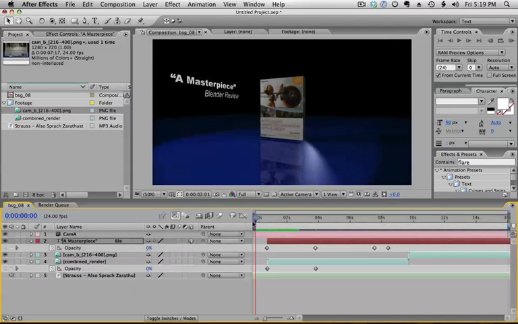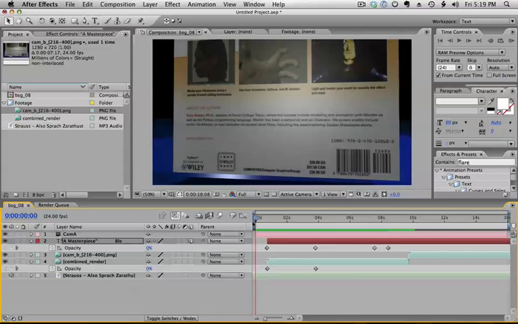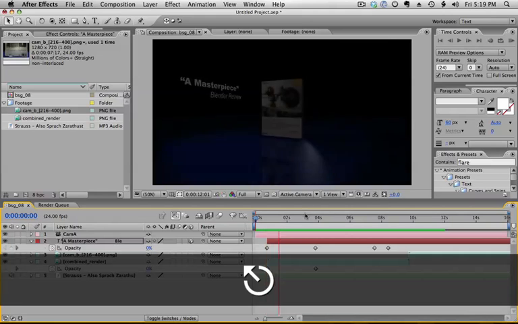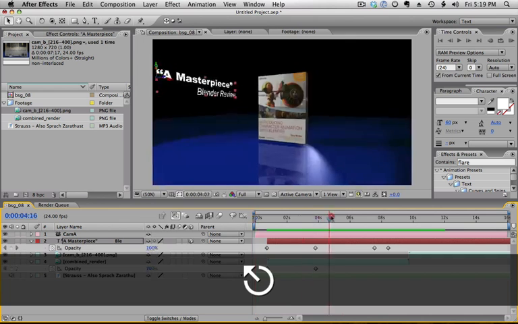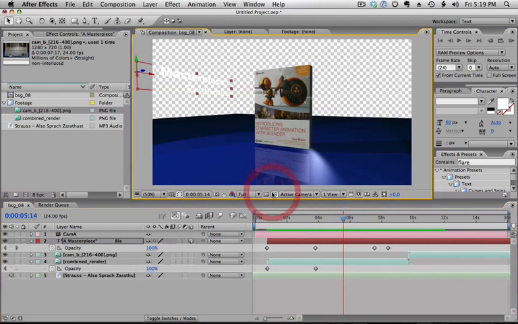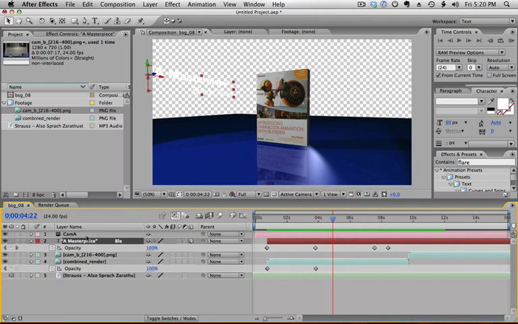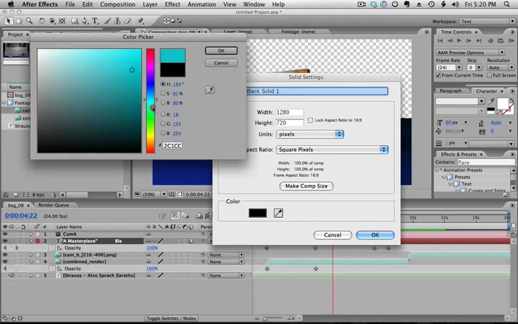So, a handful of other useful techniques. Keep in mind that we have rendered this with an alpha channel. And so this background here is totally available to be replaced in After Effects. So this gives you a lot of freedom. You get the floor and the reflection for free, and then you can work on the background adding any other layer. We can add, I don't know,